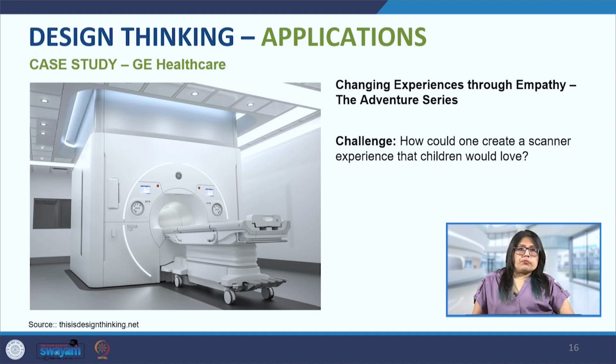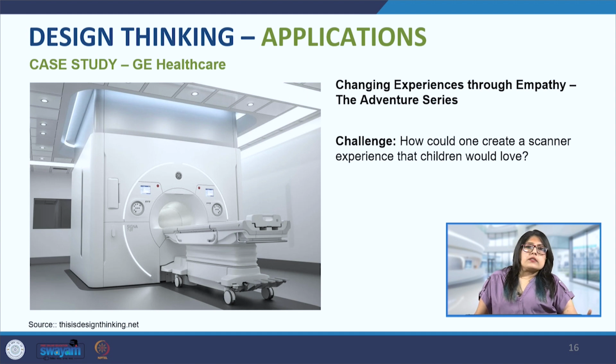Now this is an MRI machine, which is magnetic resonance imaging. So this equipment is very high end in terms of that it provides a very detailed report of the human body, bones, blood, all of those veins. A lot of details can be received from this. So it is a very important tool in the healthcare industry. But at the same time, it is quite a horror experience to be in one of these machines.